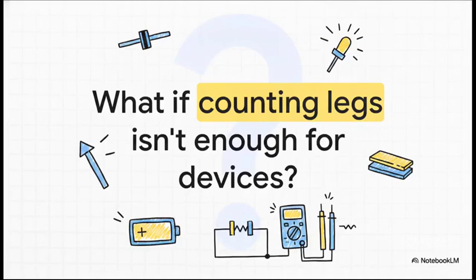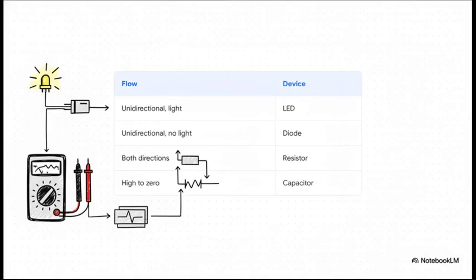So, visual clues are great, but they aren't always enough. Think about it. If a device only has 2 terminals, it could literally be a diode, an LED, a resistor, or a capacitor. Counting legs definitely won't help you here. So how do we tell them apart? Well, this is where we bring in our heavy hitter, the multimeter. We're going to connect these mystery 2-terminal devices in series with a power source and our multimeter and just watch how the current behaves. By connecting the multimeter, we can observe the current flow, apply some voltage in one direction,